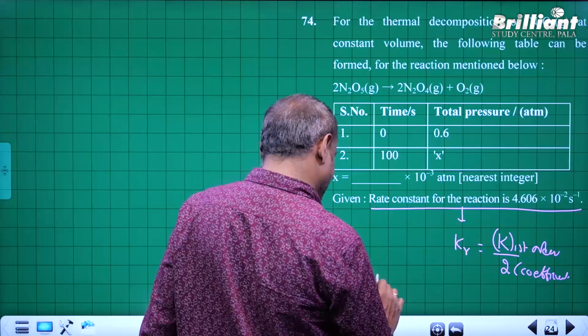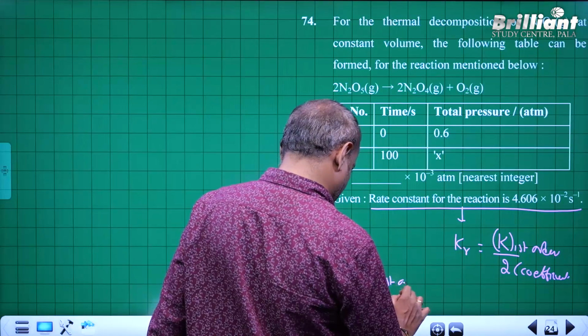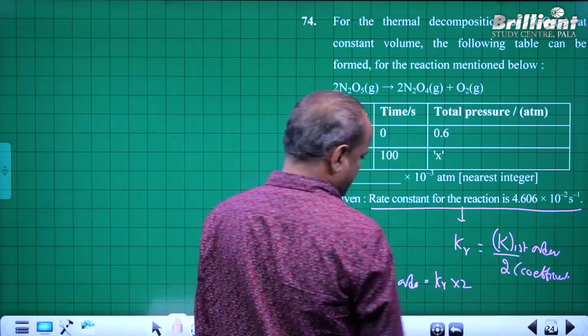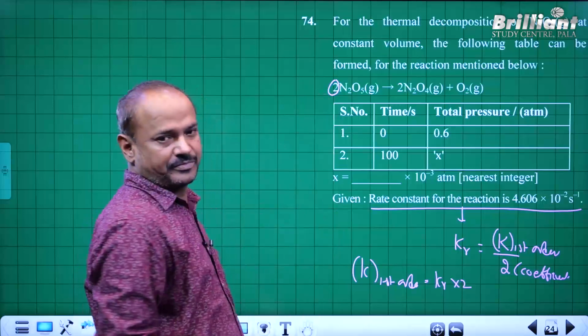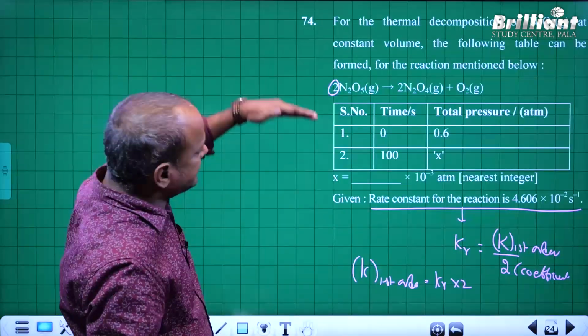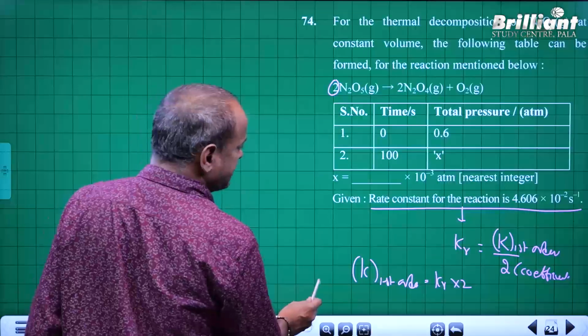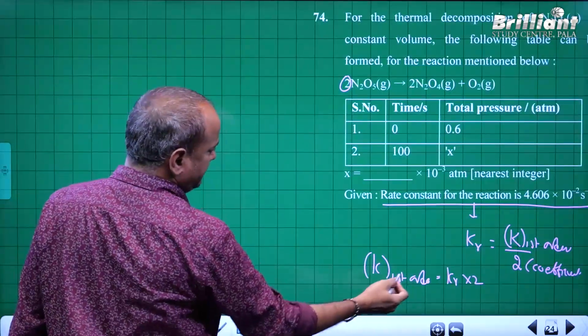K first order constant equals the rate constant of the reaction into 2 times, because the coefficient is given as 2. Because the question is given for this equation, for this constant means the rate constant of the reaction is given, but a small change in the answer. So, if you take this concept,